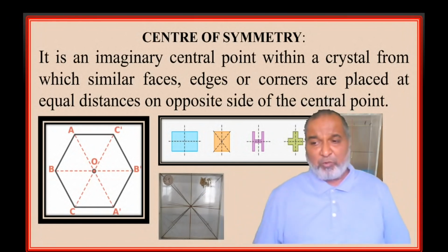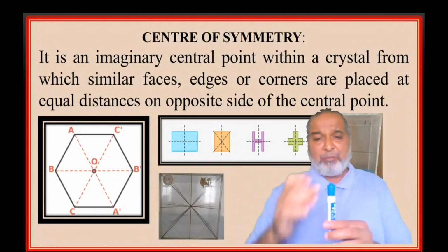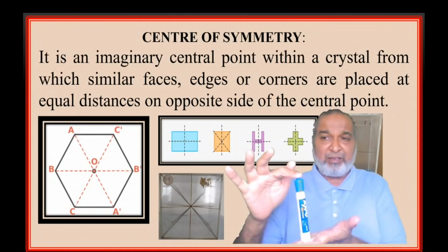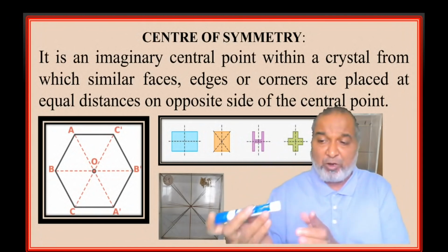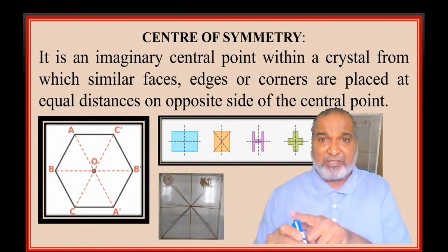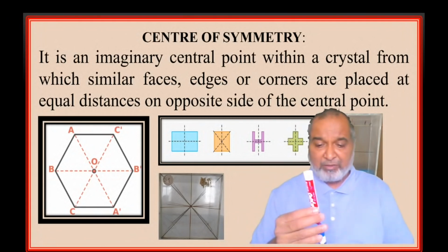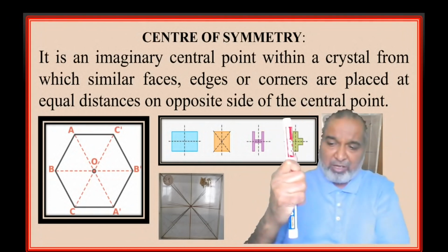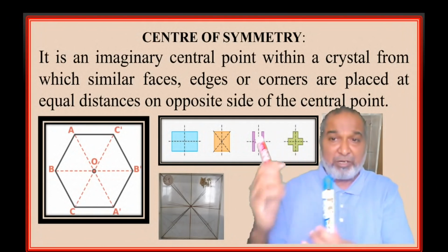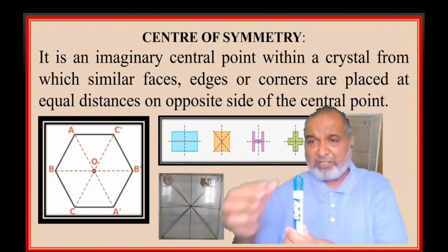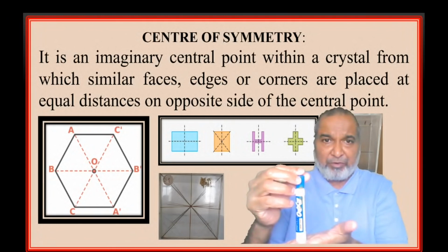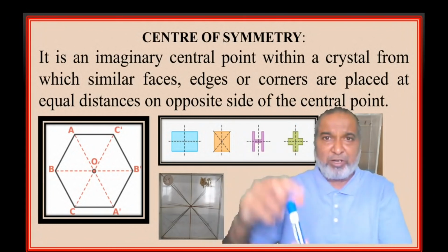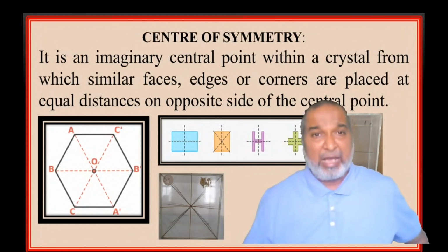Once they are at equidistance on the opposite side of the center of the face, then we say center of symmetry is present. Otherwise, what is happening? Say for example, here we have a model. This side we have a corner, and this side we have a face. Center of symmetry absent. We want the identical one. Once the faces are identical, for example, this is the big model now. Assume now, say face will be horizontal, here horizontal, center of symmetry present. But once you get this particular position, one side we have the peak, another side the horizontal like a tourmaline. One side flat plate is there, other side we have the corners, then center of symmetry is absent.